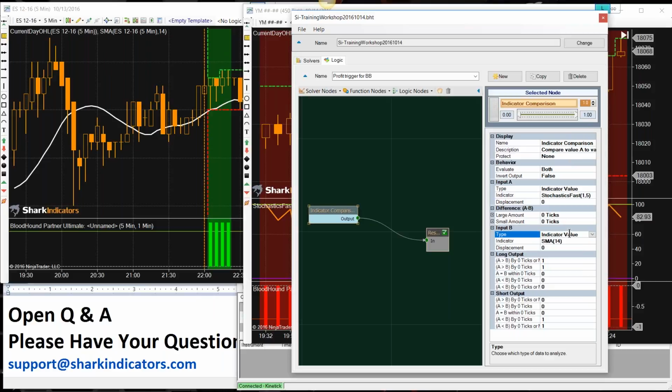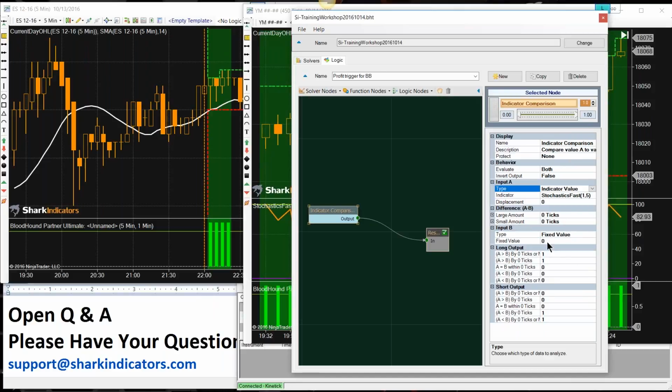And then in B, this is going to be a fixed value. Right, this is a fixed value, and we'll detect 0 at first. We'll detect when the stochastic equals 0. And so yeah, when the stochastic hits 0, that's going to be